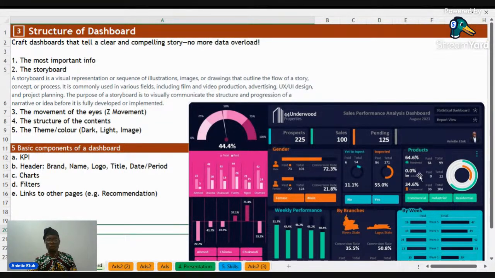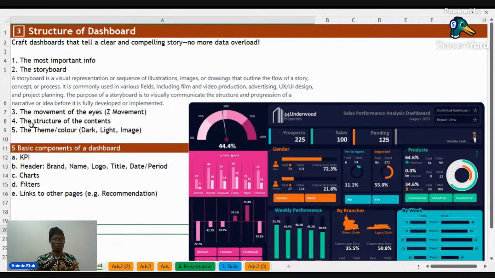This information is more important compared to this one. So that's why you have these 3 on this first line, then these 3 on the second line. You notice the structure. Here is our most important information. Here is our KPIs to assist this most important information. Here is also another set of KPI to assist this important information. Then the charts will align them. The first line, you have the most important. Then the second line, you now have the second ones that are not very important. So you must understand that structure, how to structure content.